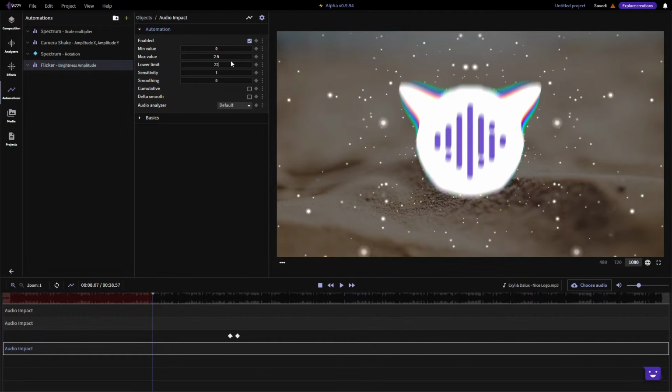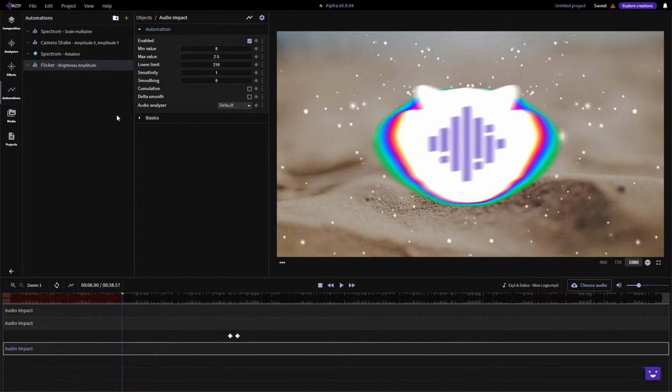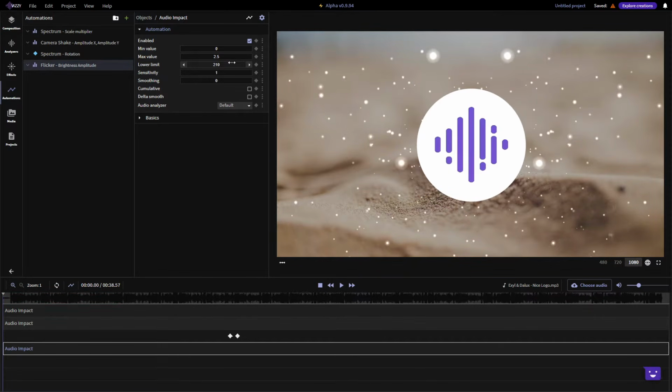Maybe a bit more, so let's set it to 210 for example. Yep, that looks good. It only reacts to the kicks. So basically if it's quiet, it doesn't react. So it only reacts to louder sounds. And the kick is a loud sound, so you can see how it only reacts to the kicks. Let me actually up it even more.